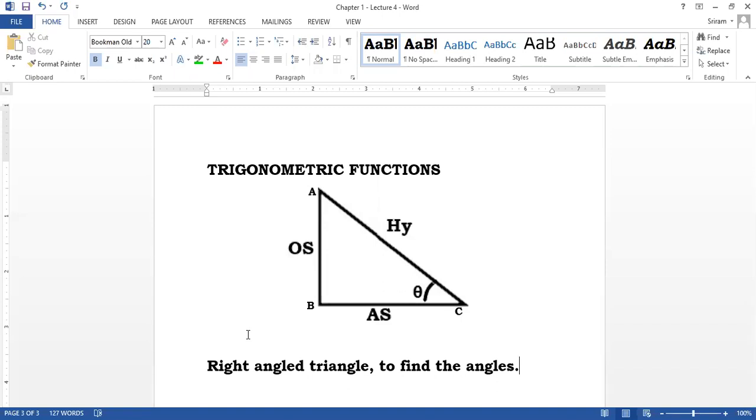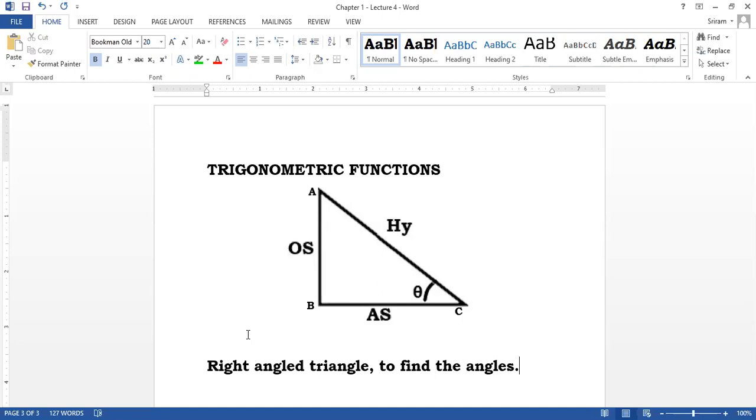Now from the top, it is seeing where its prey is. Then it will start coming down. This is called angle of depression. When I see something from the top, this is called depression. When I see something from the bottom, this is called elevation. I want to find the angle.